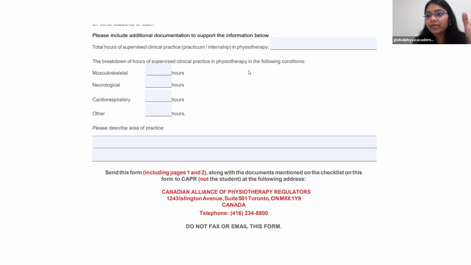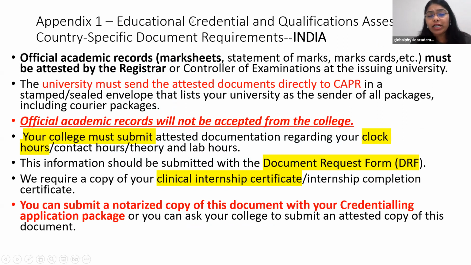Now again and again I'm saying that Appendix 1. So what is Appendix 1? Educational credential and qualification assessment, country-wise. So what is the specific requirement for India only? I think mostly all the students are from this country. If you are from another country, you have to refer to Appendix 1 on the website, and each country